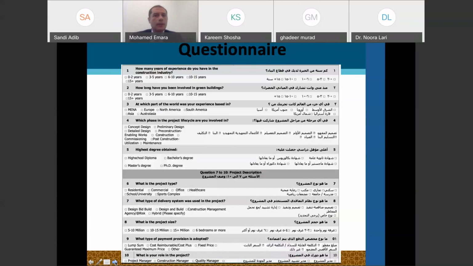Here is another one, for a questionnaire. For example, this is a questionnaire, different from the consent forms we used. This is a type of questionnaire asking how many years of experience you have, how long you've been involved in XYZ, where you're from. All these are very simple questions, which have no problem.